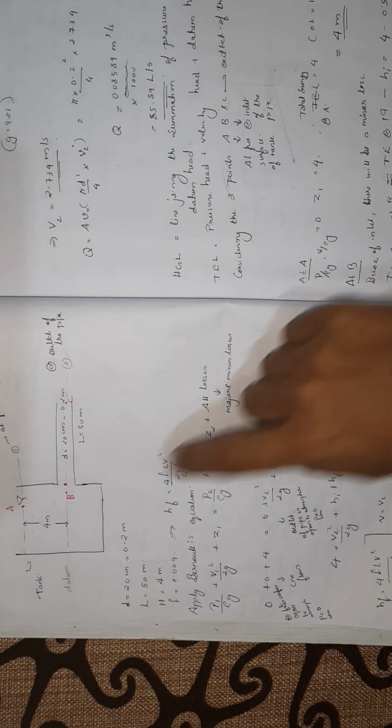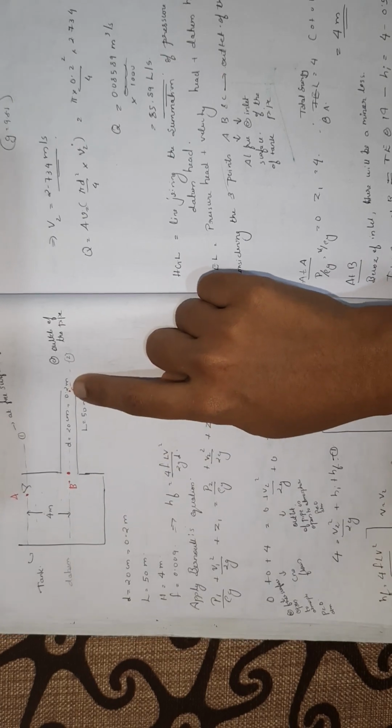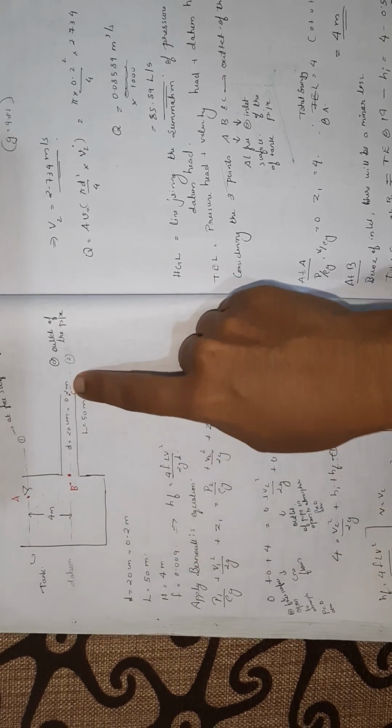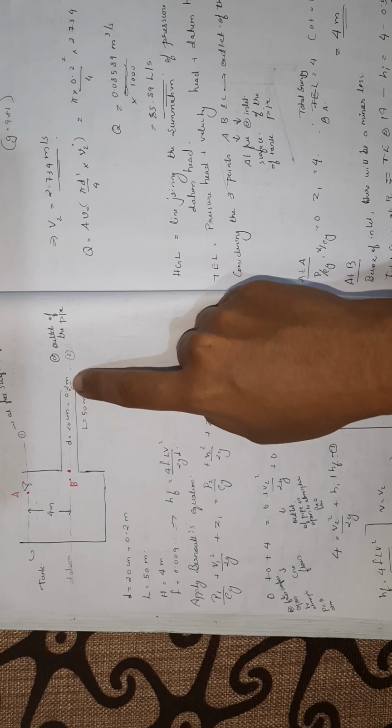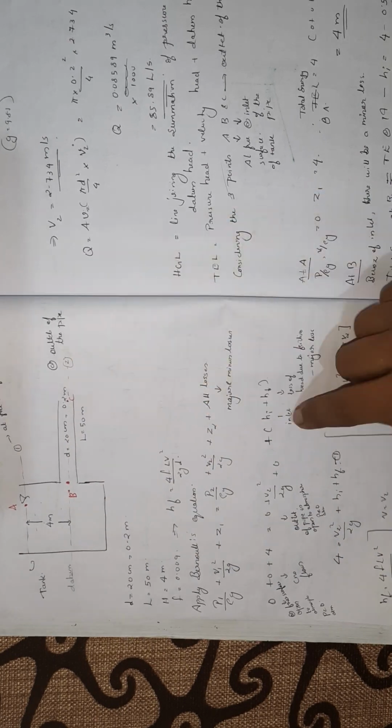And what about the datum? We are taking this as the datum, right? The height from the datum is 0 at this point. At this point it was 4. At the outlet of the pipe, since the center of the pipe is our datum, obviously Z2